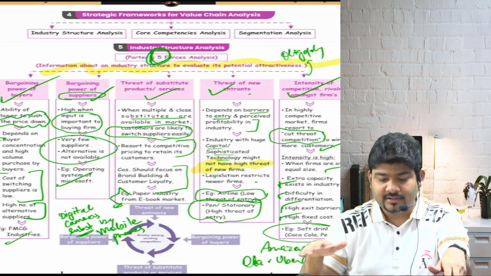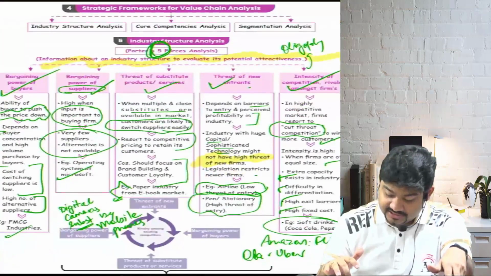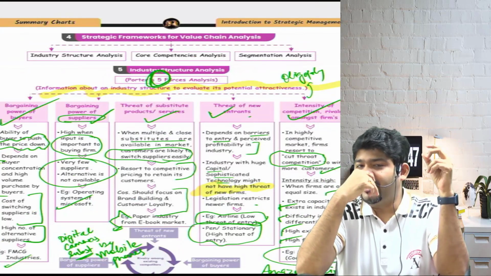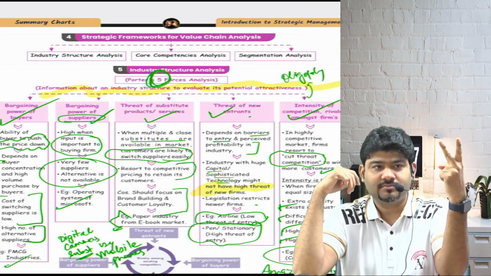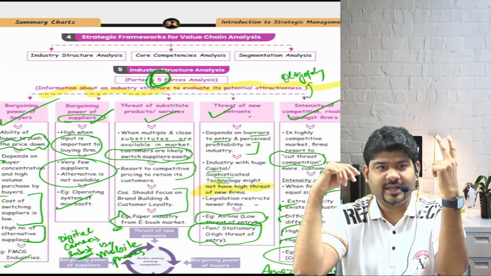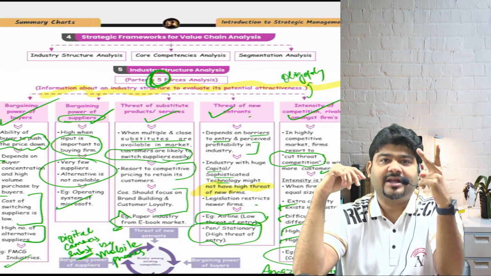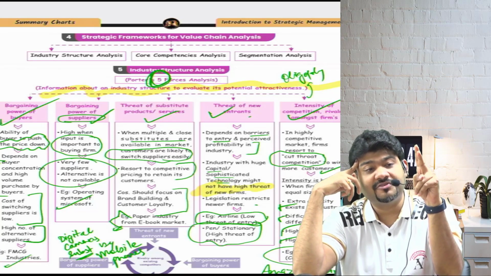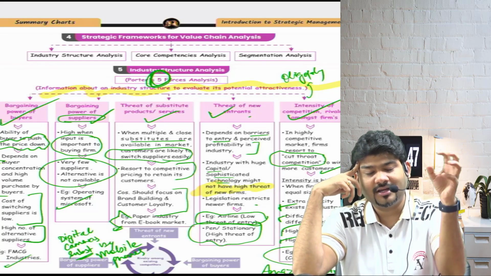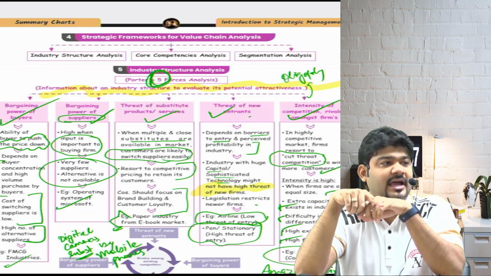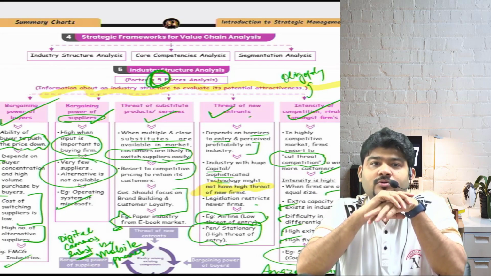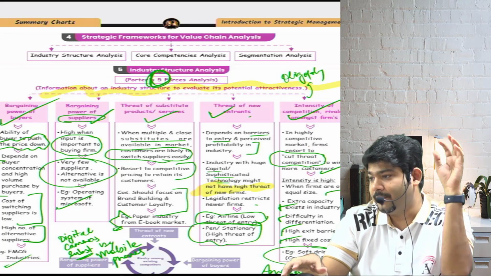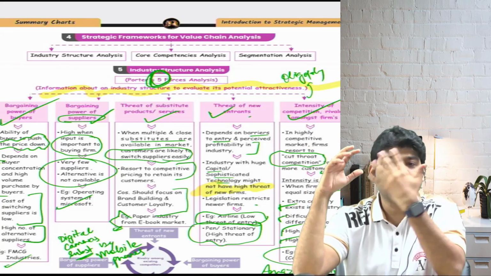Are we clear, everyone? Can you please tell me the five things that we just discussed? First is bargaining power of buyer, and second is bargaining power of supplier. Two are threat of substitutes and threat of new entrants. And in the center is intensity, rivalry among competitors, like Coca-Cola and Pepsi. Are we clear? So with this we complete Porter's five forces analysis.